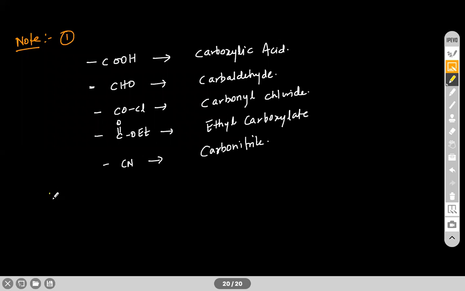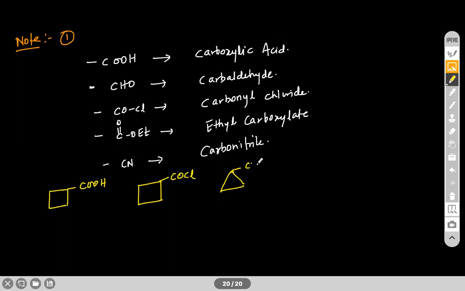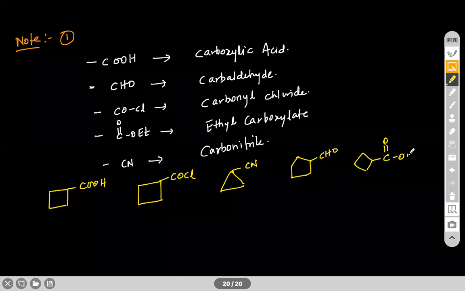Suppose we have this compound: COOH, COCl, CN, CHO, C double bond O, OMe. The name of this compound is